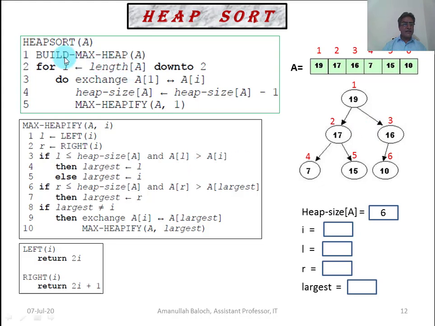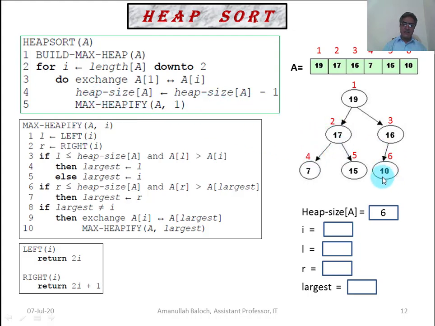Heap sort, with this activity of exchanging the value at position 1 with the value at position 6, has sorted one element: the largest element has taken its last position and has been sorted.